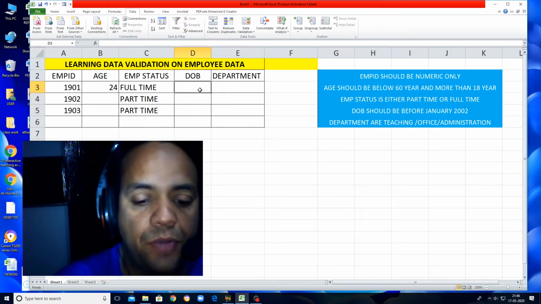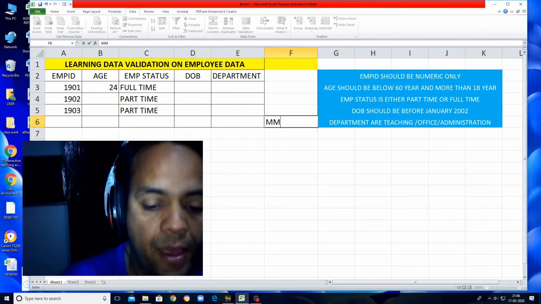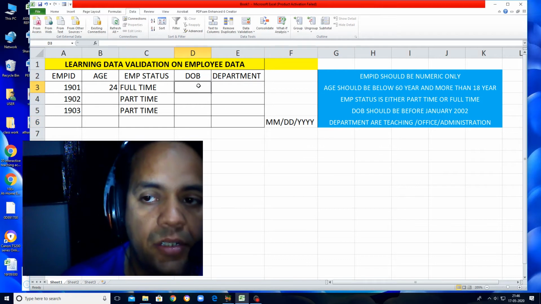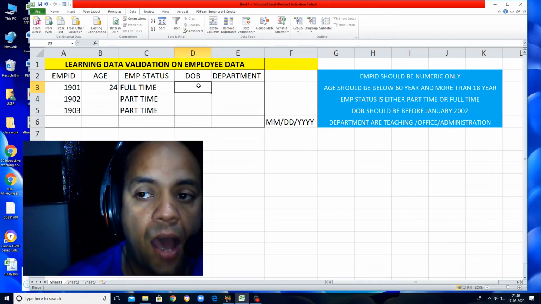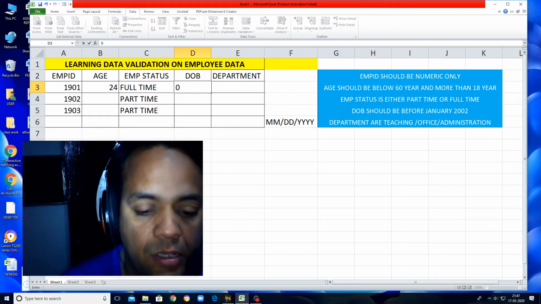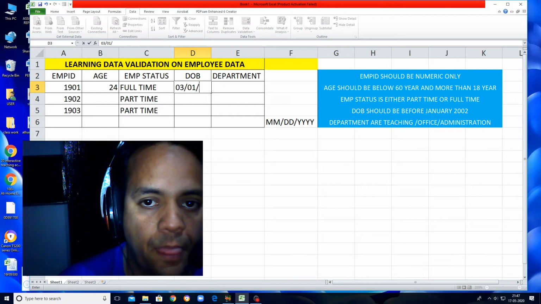Now if I try to enter, I again remind you, MMDDYYYY. So first I try to enter, suppose, March 2002. It should not work. March means which month? Third month. 1st March 2002.